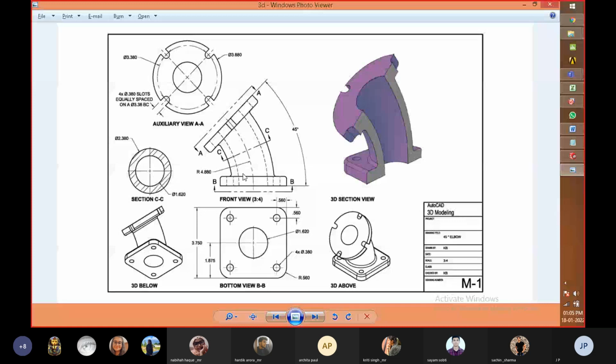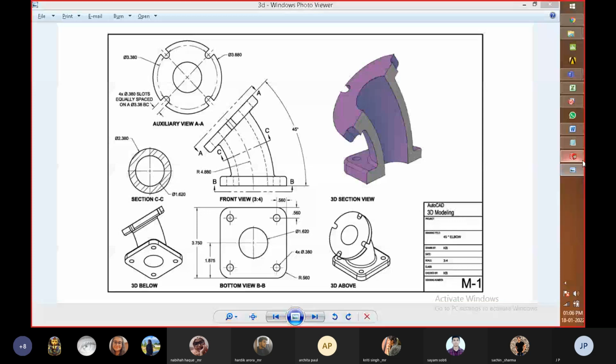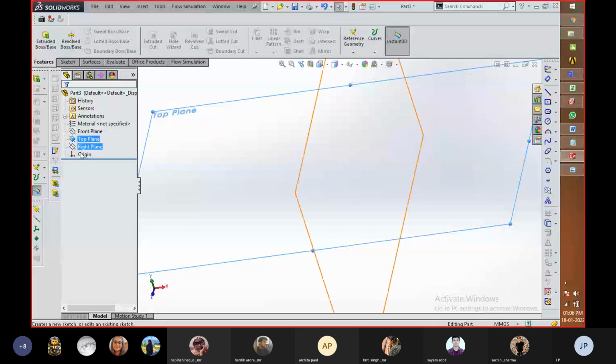So for that purpose, I am going to select a plane. Just wait a moment and then select a plane and then create circles. Why is it reflecting? Okay. So I'm going to create two circles at the same time. The dimension may be 1.620 for the inner circle.